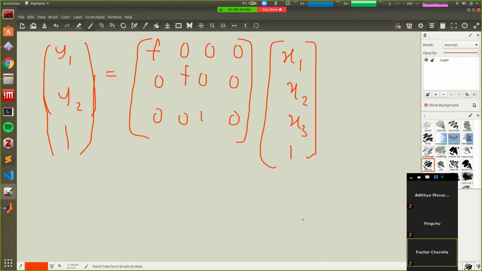Right? You can multiply this out and see that you get the same final equations, right? So actually in this case you will get